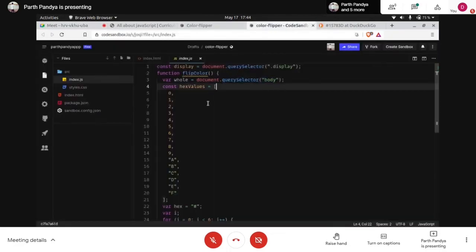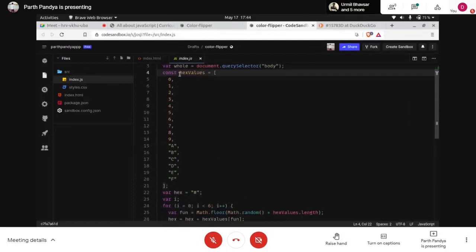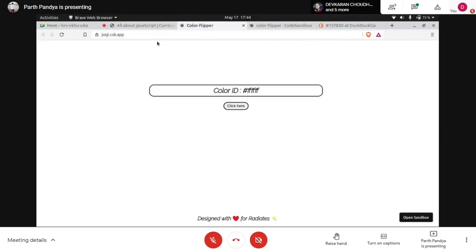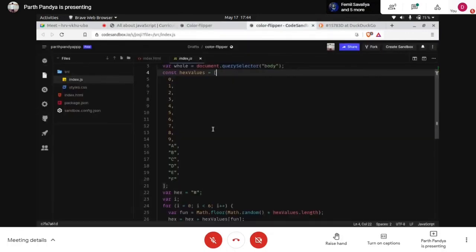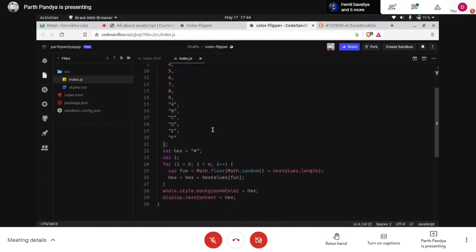And again, we are creating an array of hexadecimal values, the values which we can use to create a hexadecimal expression like 0, 1, 2, 3, 4, 5, 6, 7, 8, 9, all these things. So these will combine to make a hexadecimal expression and get us a color.